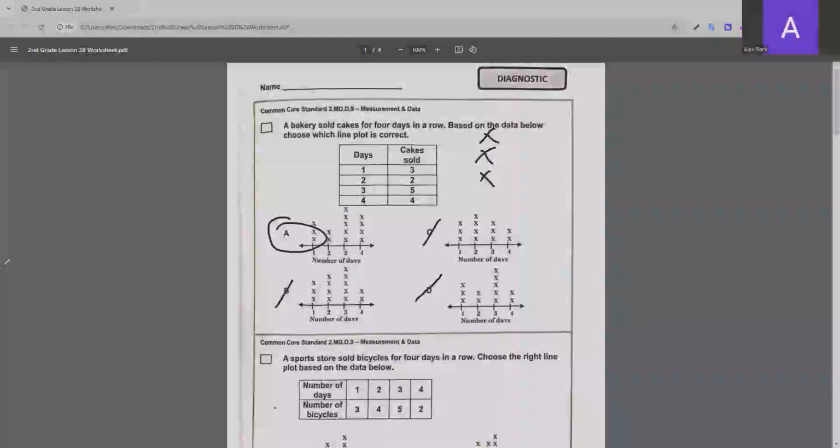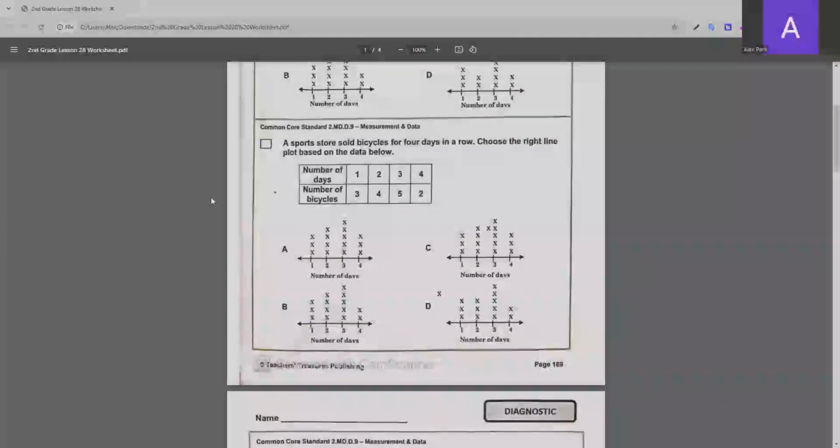Now moving on to number two. A sports store sold bicycles for 4 days in a row. Choose the right line plot based on the data below. So this is similar to number one, we have to pick the line plot matching the data. And looking at day one, it has 3 bicycles, and A, B, C, and D all have 3 X's going up and down